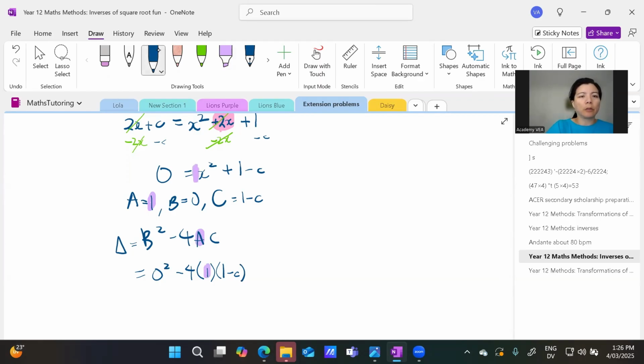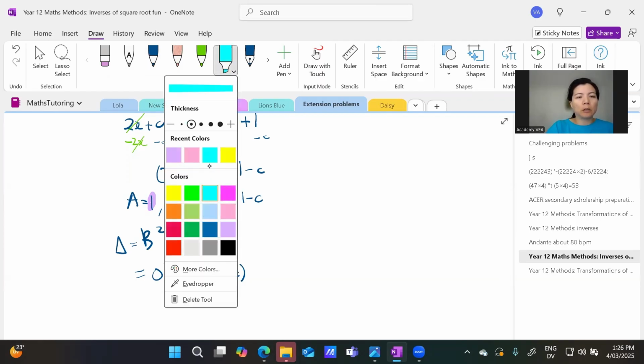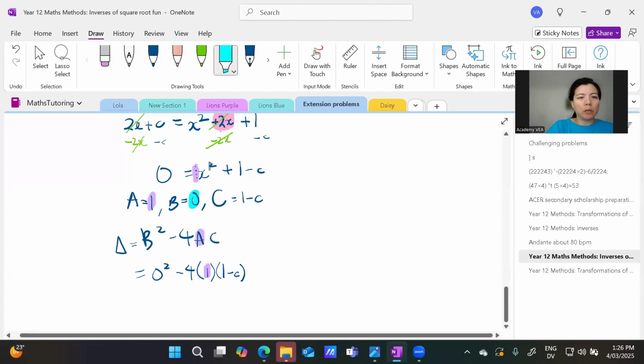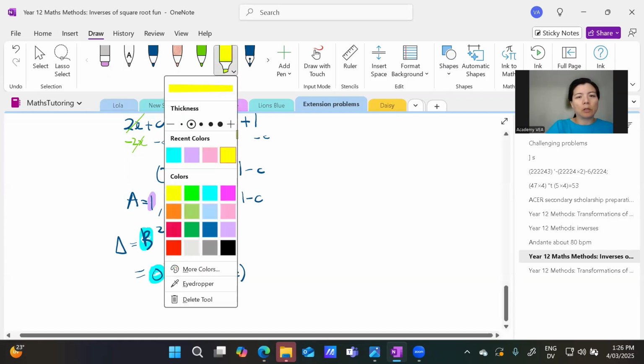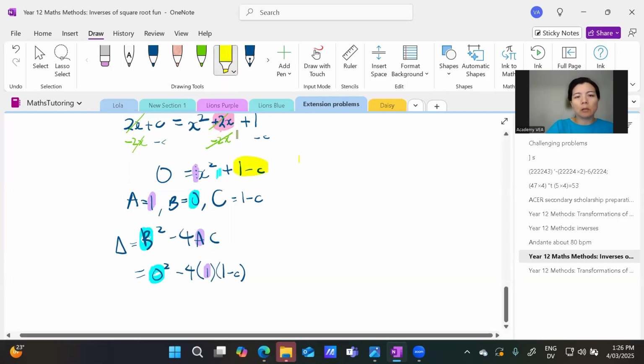That's from the 1 in front of the x squared. And I'll highlight all the B's in one color, so that you can actually see the B's. And I'll highlight all the C's in one color. So this is capital C